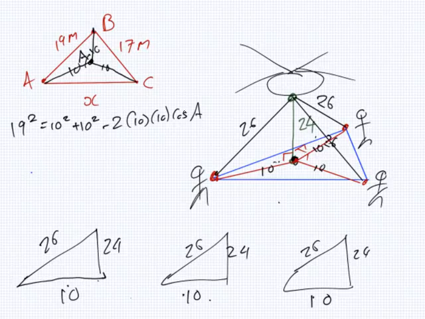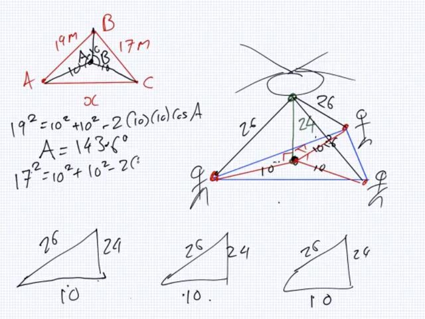So after all of that calculation, I'll get A is 143.6 degrees. Now I'll go on to B. I'll do the same thing, except this time it's 17 squared equals 10 squared plus 10 squared minus twice 10 cos B. So I can get the B out from this. 17 squared minus 10 squared minus 10 squared divided by minus 2 times 10 times 10, and then cos inverse that. So I get B is